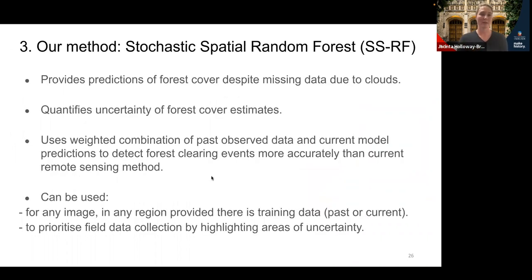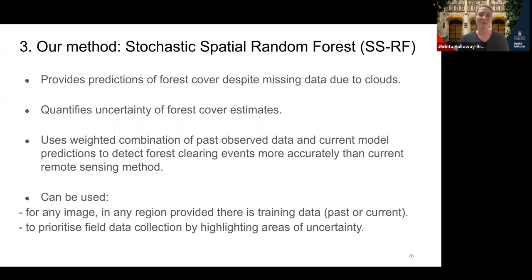Right. And so that brings me to the next step, which was the stochastic spatial random forest. Because we know in some cases when we have high cloud cover and when we have many classes that are imbalanced, we can't rely only on the model to tell us accurately what's happening in the images. But likewise, when we have clearing events, other things that are happening suddenly in the landscape, it's not accurate to use only past information. So in this approach, we're combining both of these things to fill in the clouds.